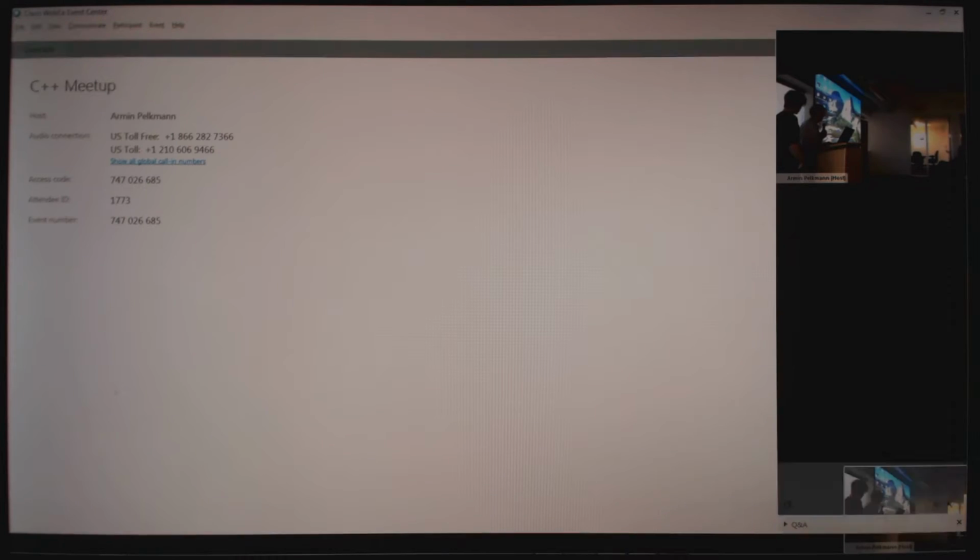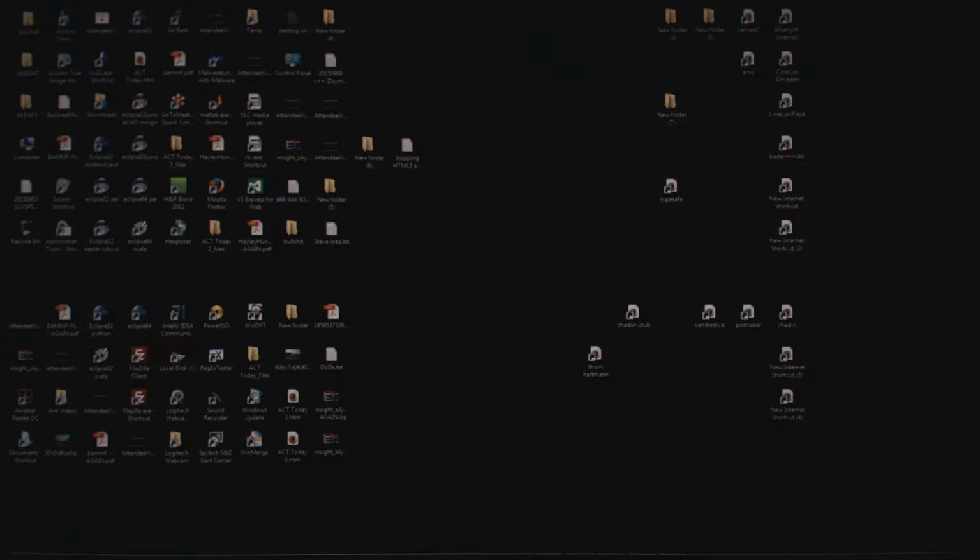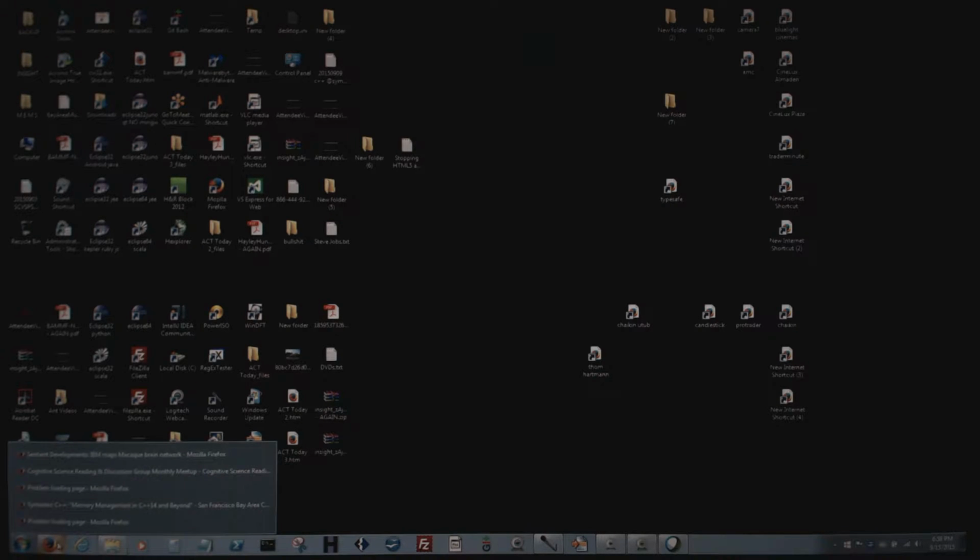Okay. There it is. Now it gave me the WebEx back. Okay, I'll just explain what's wrong with the code, because C++ is complicated, but PowerPoint is more complicated.